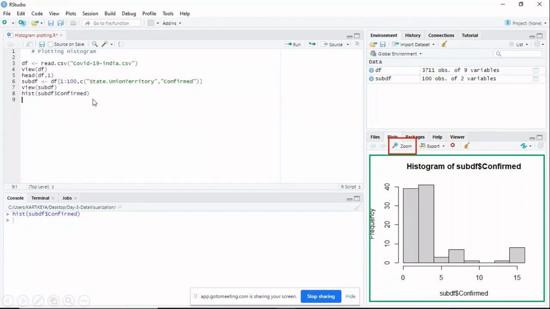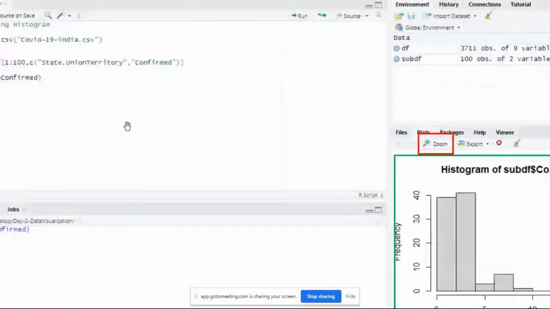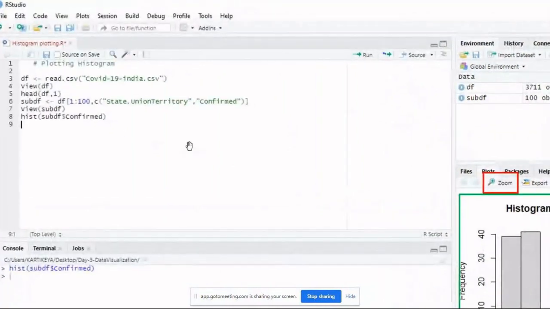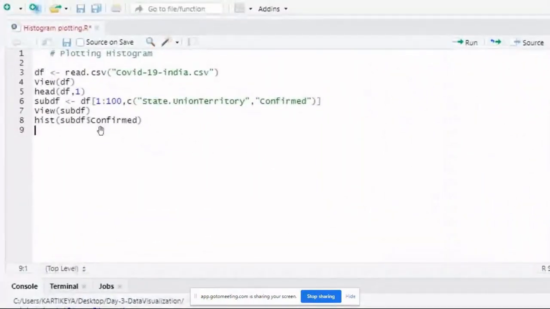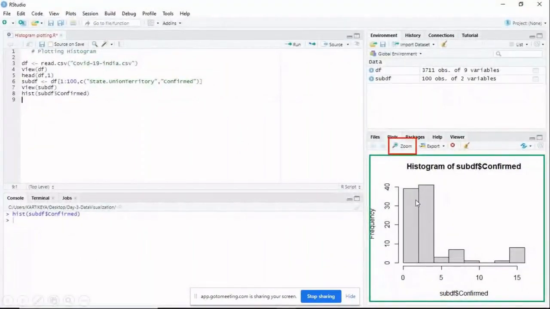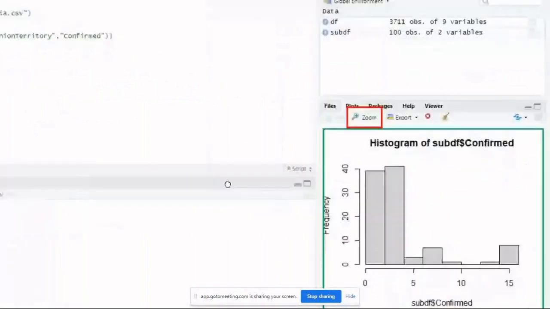So we want to plot the number of confirmed cases as a histogram, right? So this is your command. I'm zooming in. See, hist, your data set name, dollar symbol, the variable which we want to plot, confirmed. Once you run this program, it will display the histogram in the plots window.